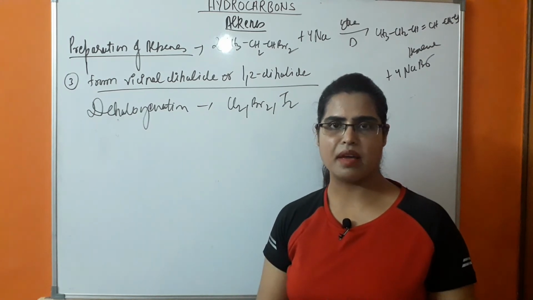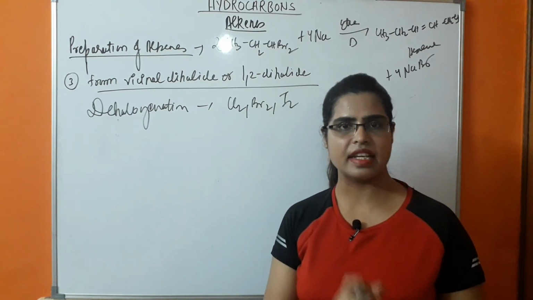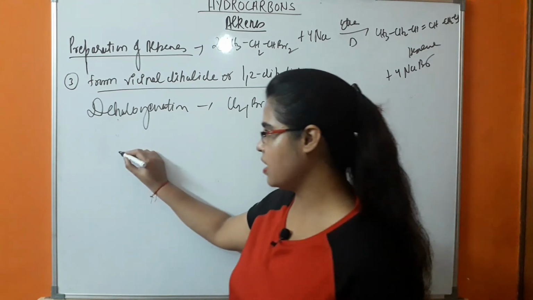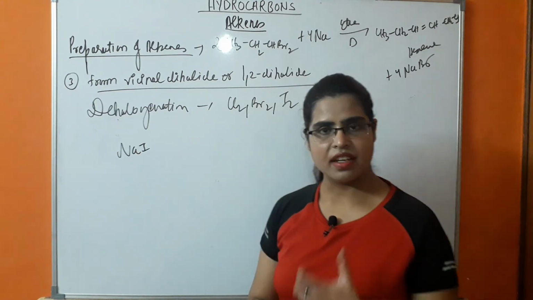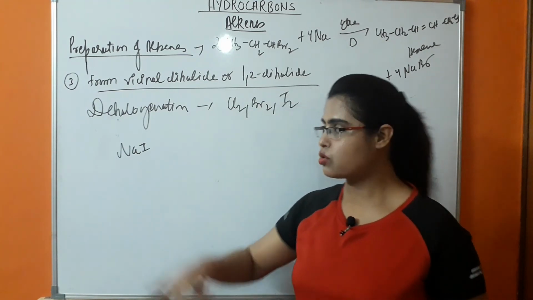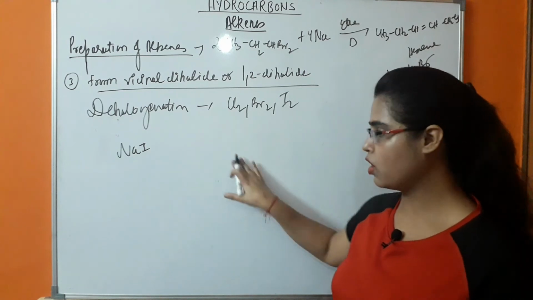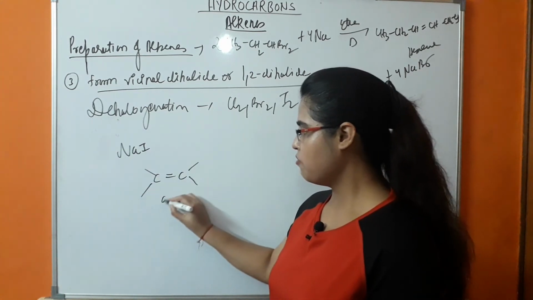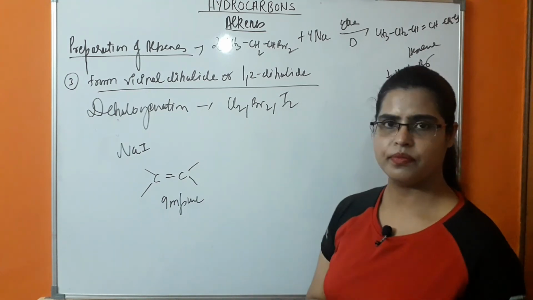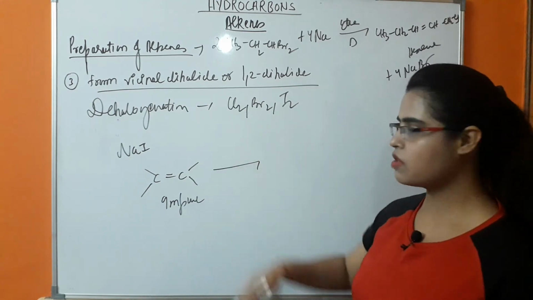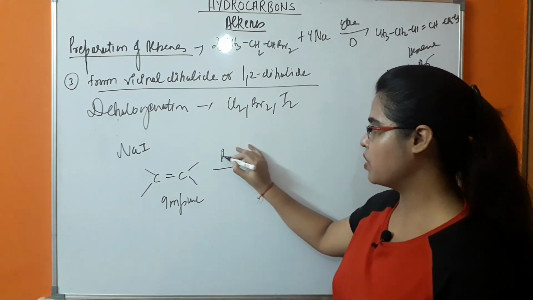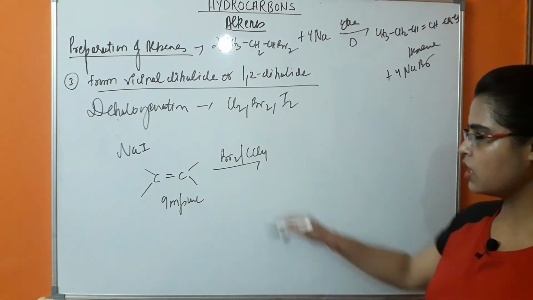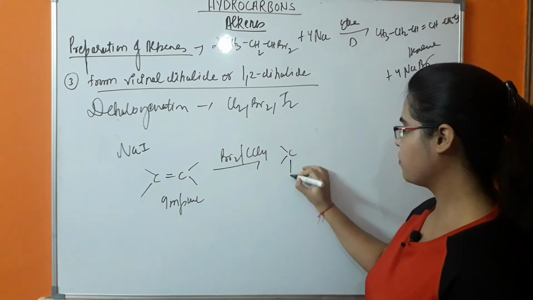There is one more example in which, when an impure alkene is present, then to separate this impure alkene, sodium iodide is used. If an impure alkene is present, then sodium iodide is used. What will happen in this case? For example, if this is one impure alkene, what will be done? First of all, halogenation will be done in the presence of Br2 and CCl4, that is carbon tetrachloride. There will be formation of